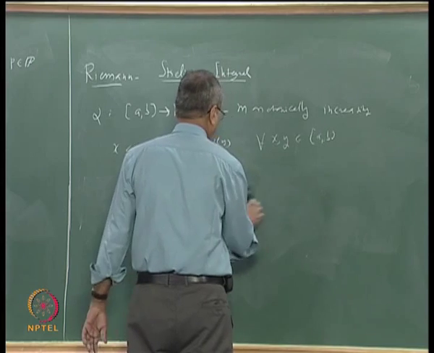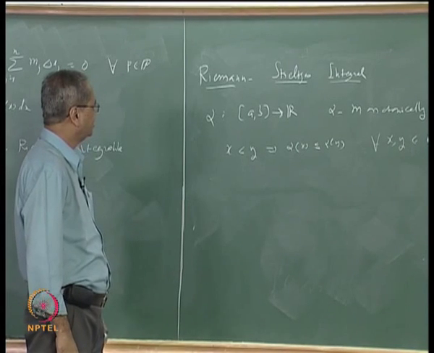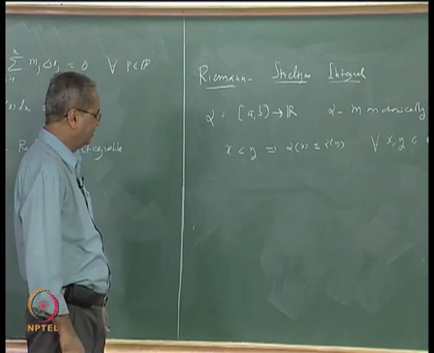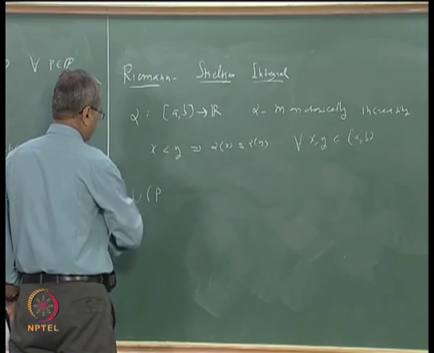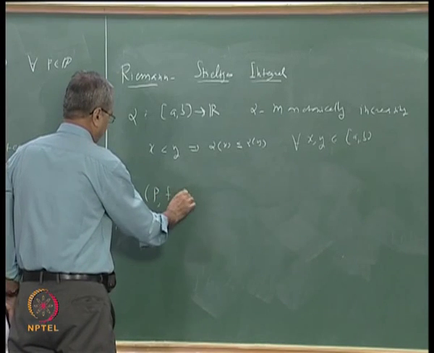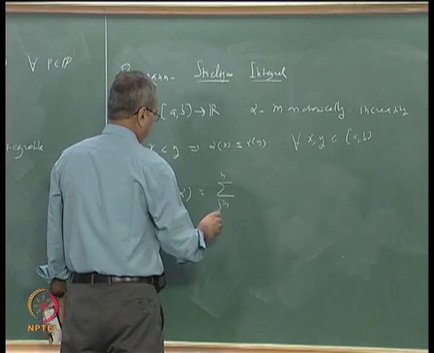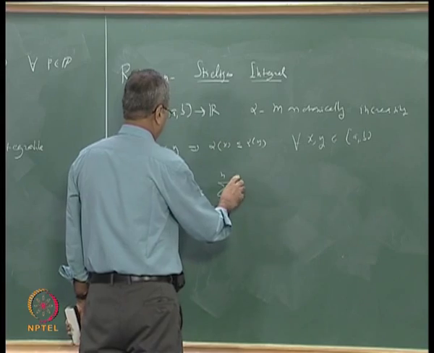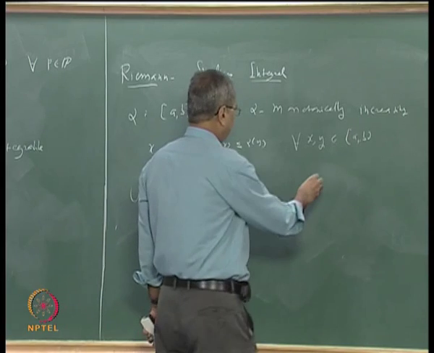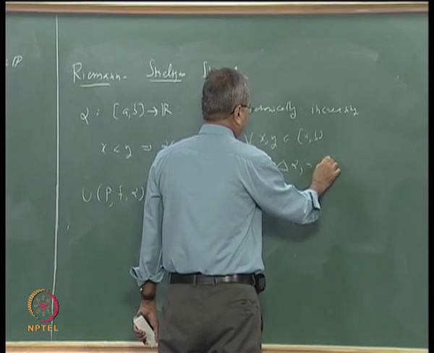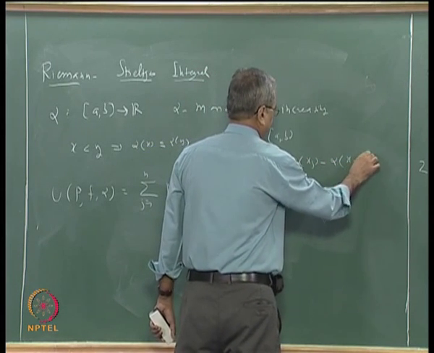And we make a small change in the definition of the upper sums and lower sums when it comes to talking about the Riemann-Stieltjes integral, and that small difference is as follows. This time it will also depend on this function alpha, so we should denote it by U(P, f, alpha), that is sigma j going from 1 to n of big M suffix j into what I call delta alpha j. Delta alpha j is nothing but alpha at xj minus alpha at xj minus 1.